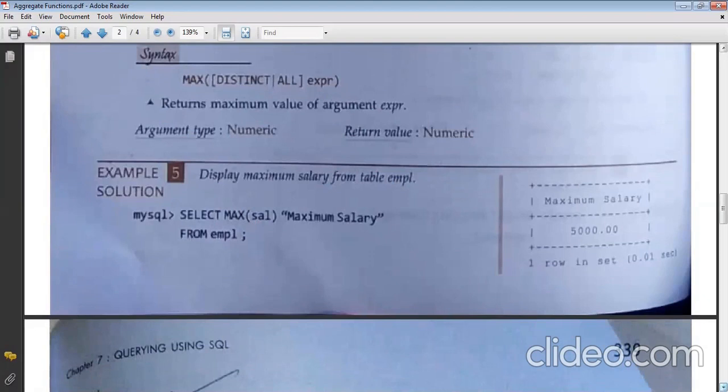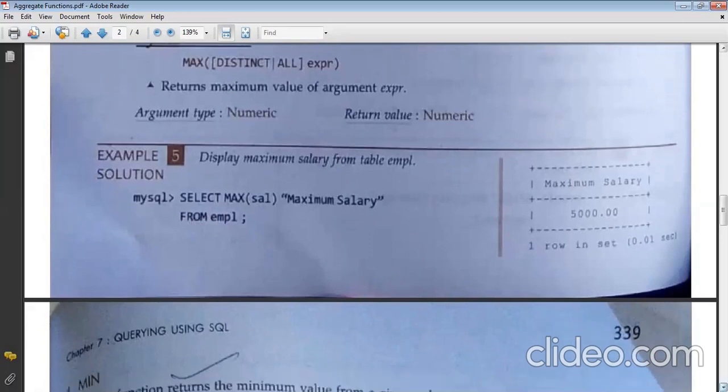And then they are again and again asking which database are you referring to? You are not using the correct database. So remember that with each query, there would be your table name from EMPL.